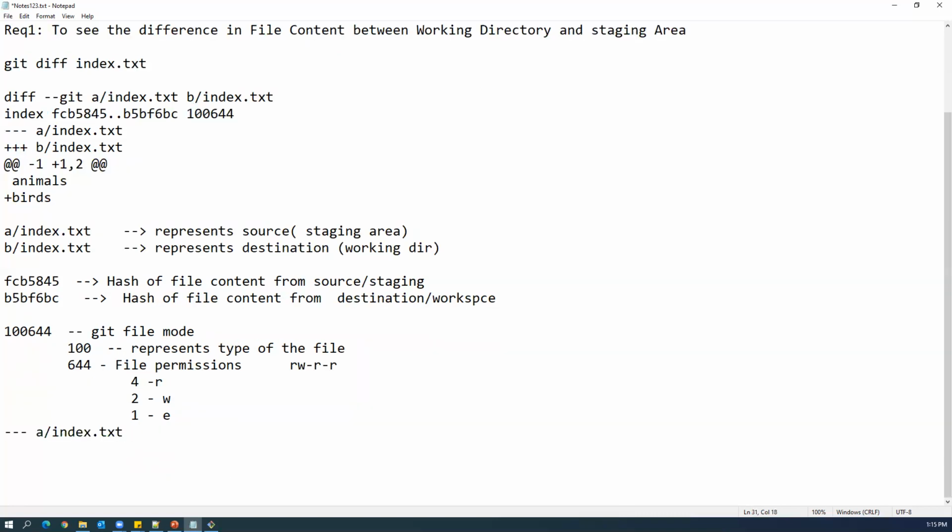is indicating the source file is missing some lines. Source file means a/index.txt, and minus minus minus represents missing. So the source file is missing. We already discussed that a means the source file, b is the destination file. Here a/index is the source file, b/index is the working directory, that is the destination file. So here minus minus minus means missing. So a/index.txt is the source file in the staging area, and it is missing some